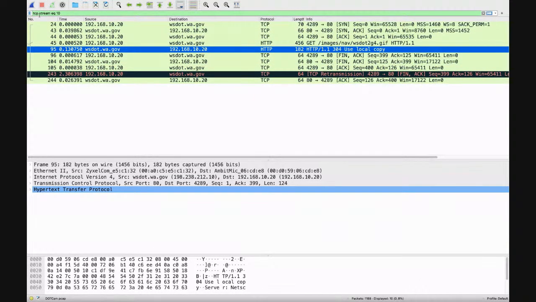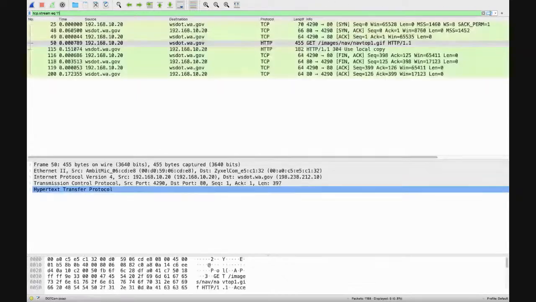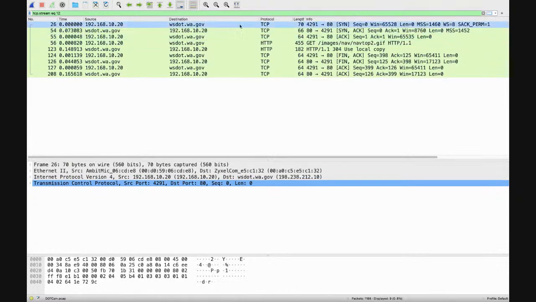Now up here we see tcp.stream equal. So that is our stream index. So for every TCP conversation within Wireshark, we have an index. I could change that to 11 and apply that filter, and boom, there's the next conversation, right? I could do 12. There's the next conversation. So what we're doing is we're filtering down on that TCP stream.